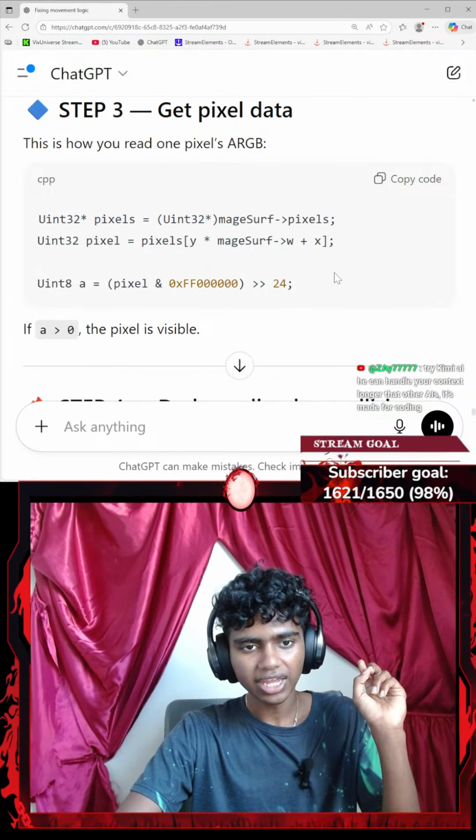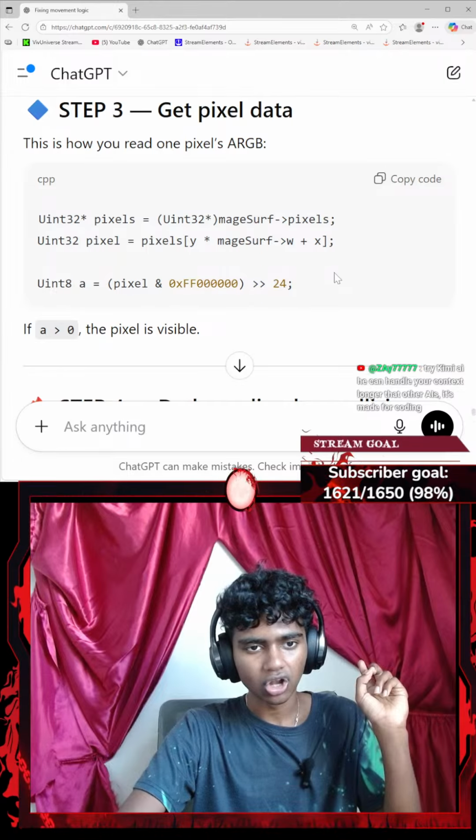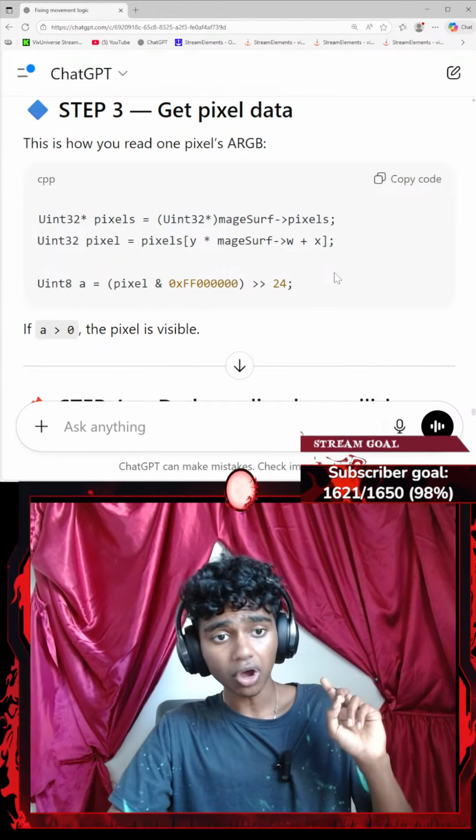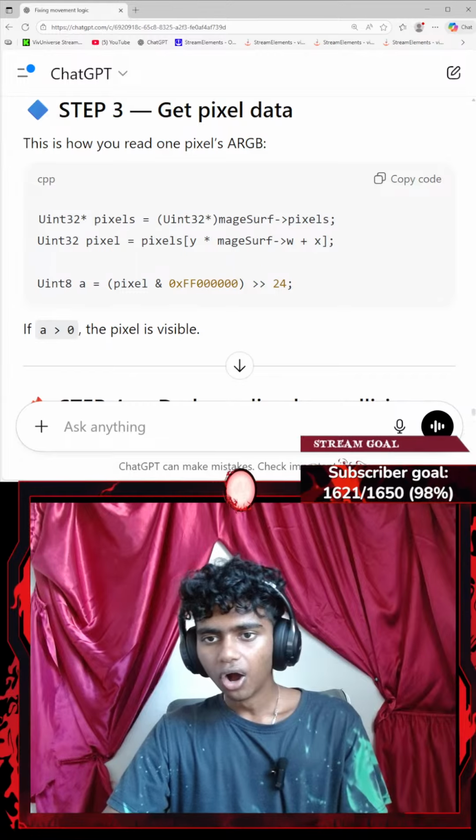Try Kimi AI, as it can handle your content longer than other AIs and is made for coding. Honestly, I might actually try that. Okay, that said,